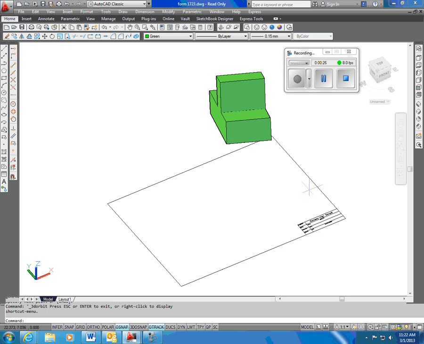The align command, ALIGN, allows us to take an object and line it up or align it to another object, or align it to lines on the paper, or 3 points that we've created possibly on another object or 3 points we've created on the paper, right? We can align points on our solid to other points on the paper. And in this case,